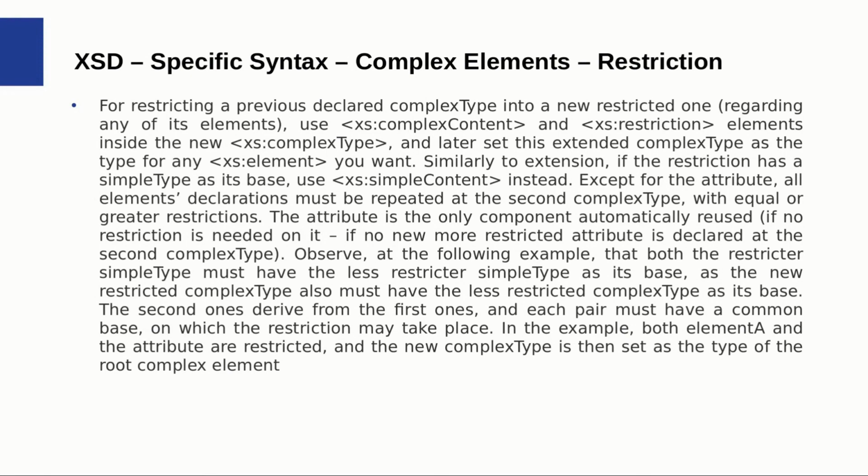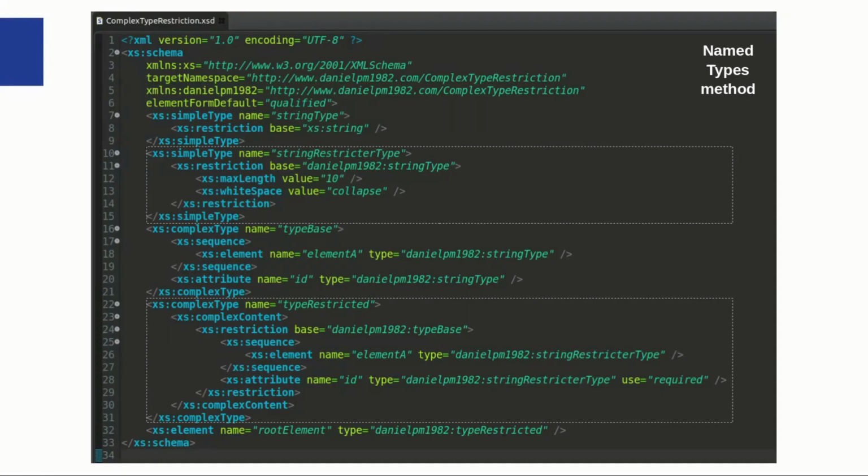So now let's see a full working example in which we restrict both a simple type as well as a complex type. So at this complex type restriction schema, we first set a very simple string type with a restriction of base xs:string,